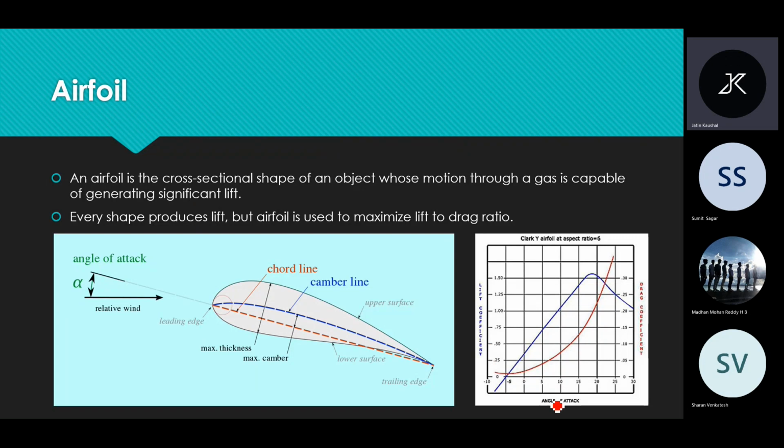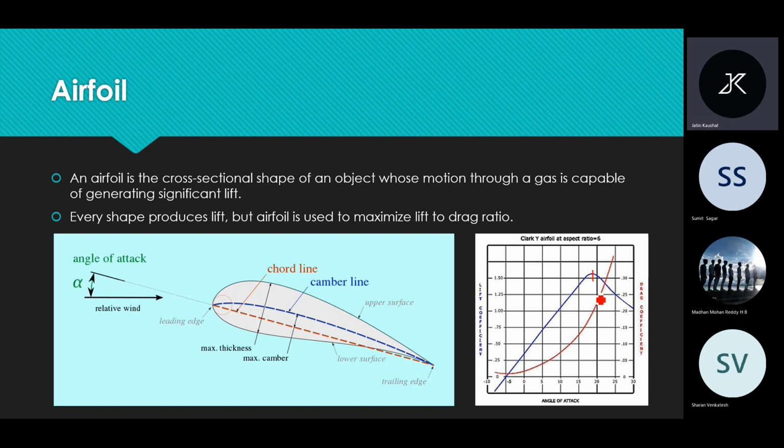This is lift coefficient versus angle of attack. As we increase the angle of attack, the lift coefficient increases, but at a certain angle, it starts to decrease. This is known as the stall angle, and this phenomenon is known as stalling. And this happens because